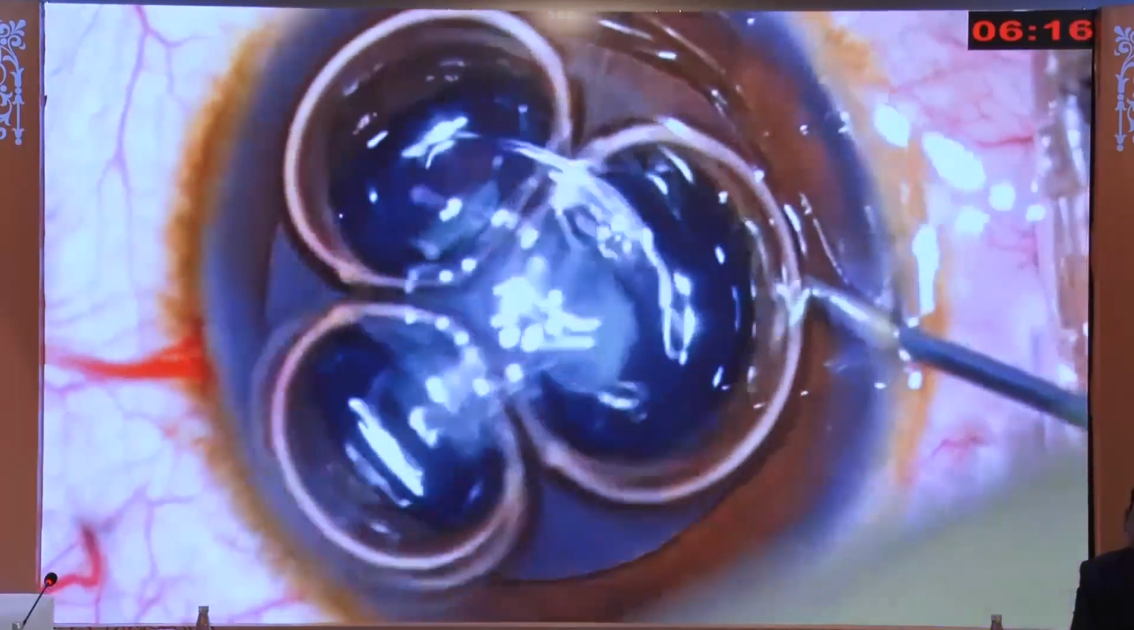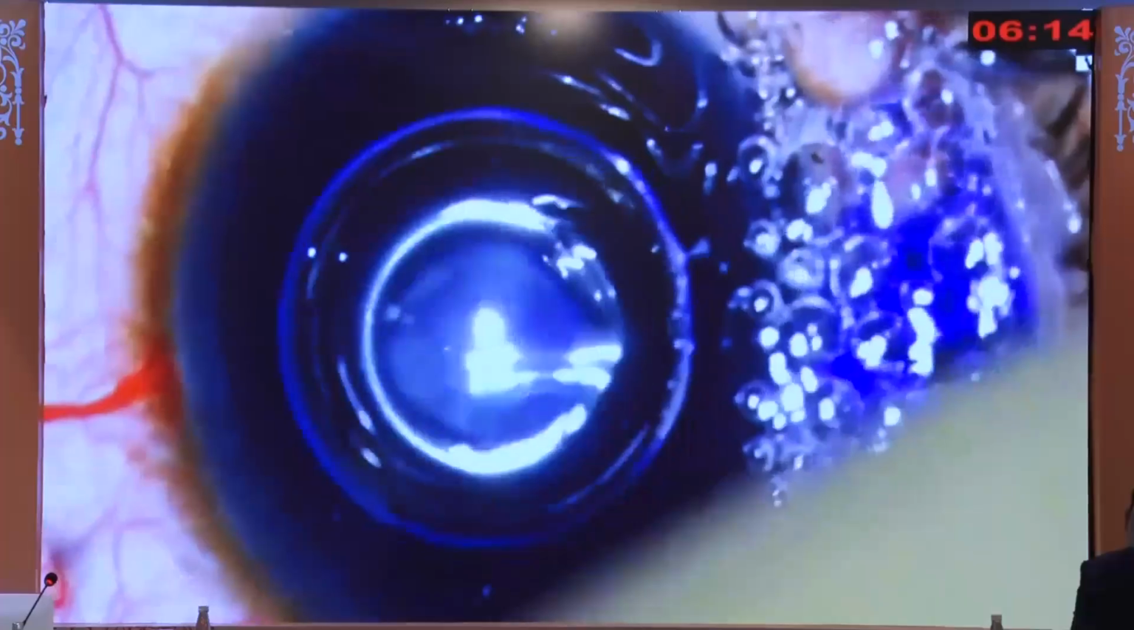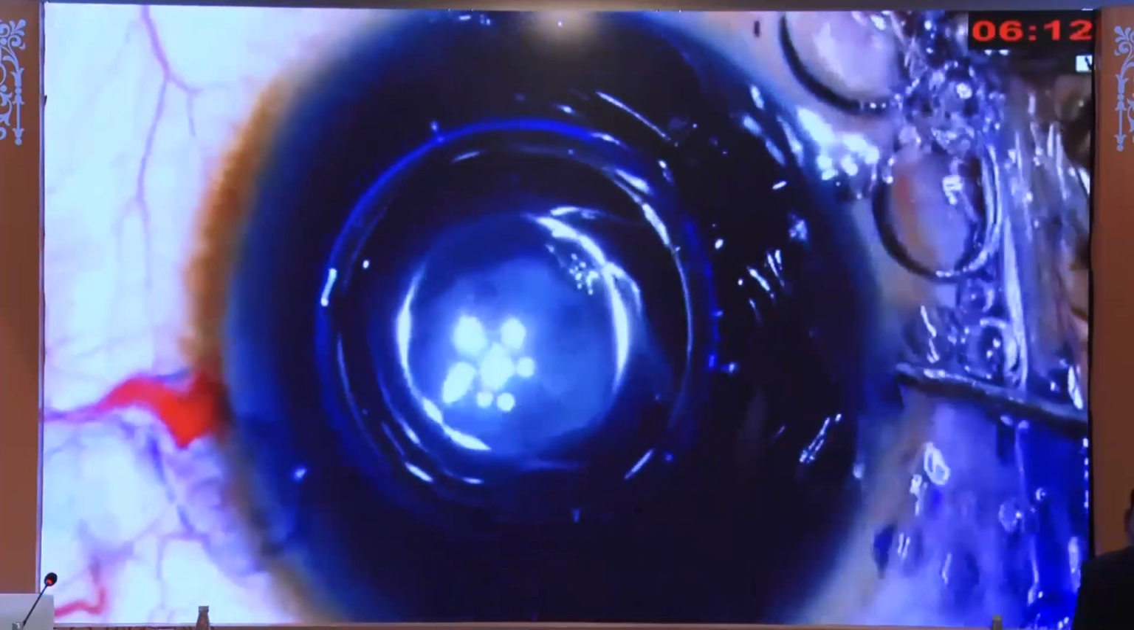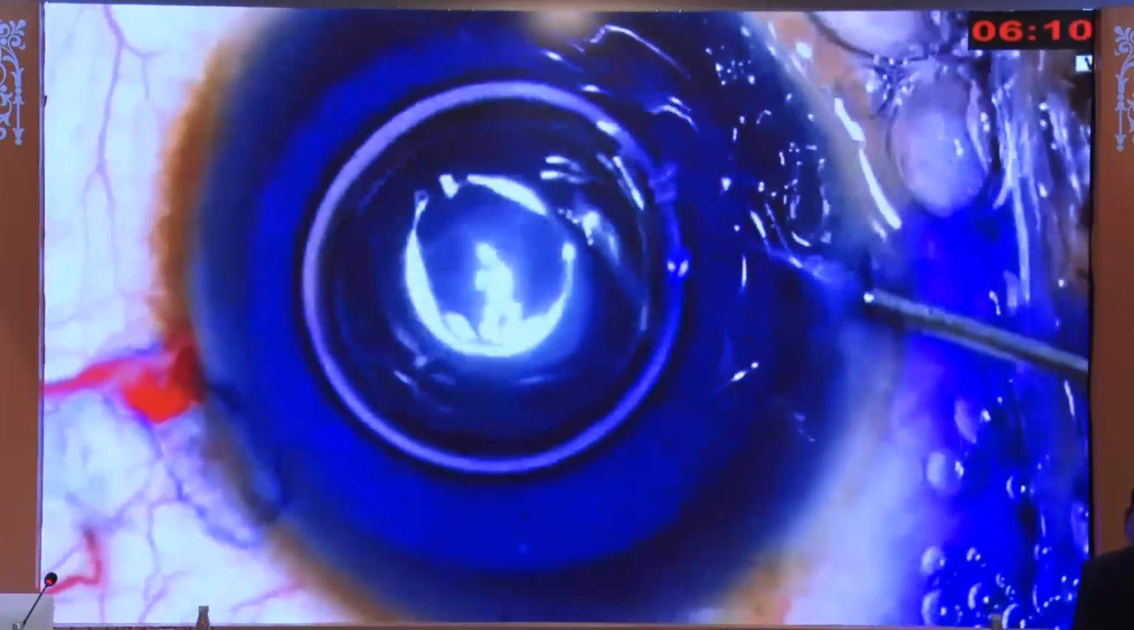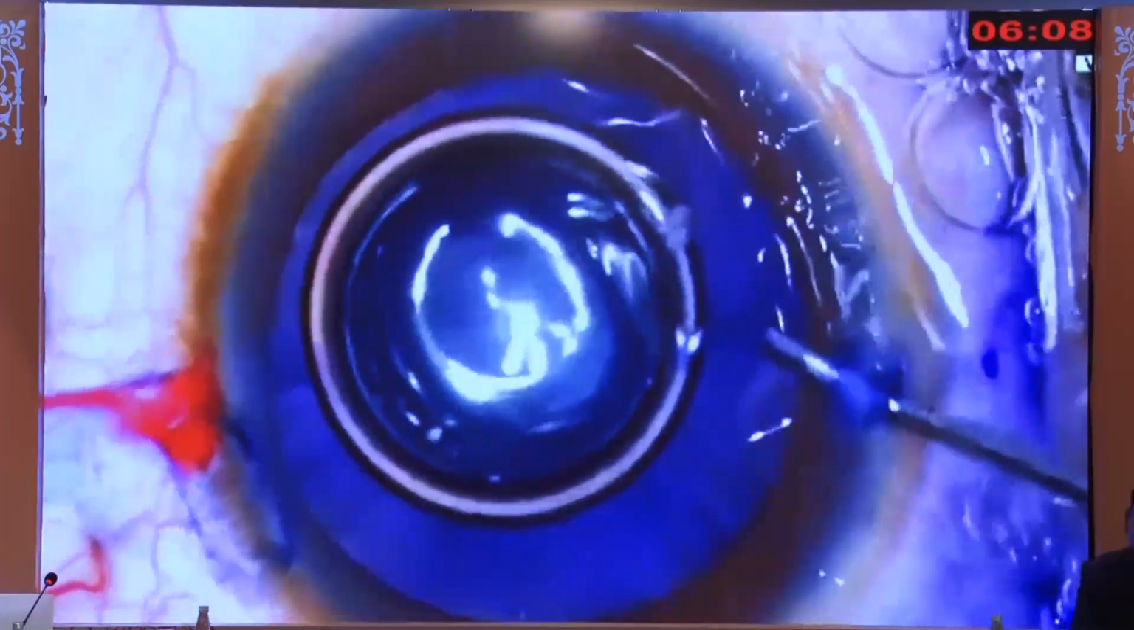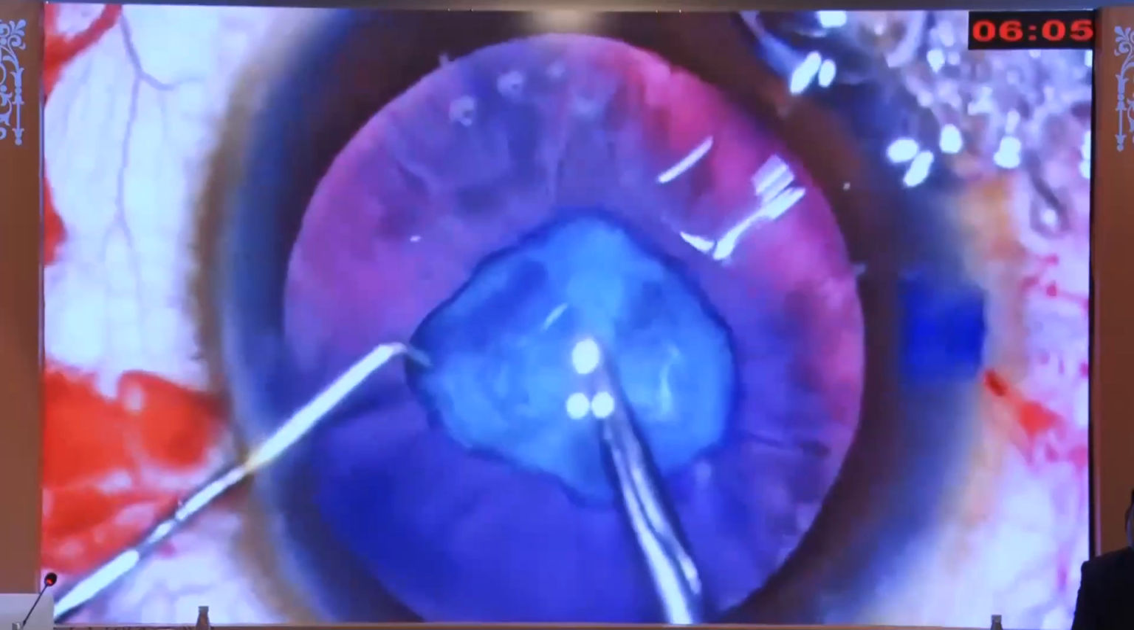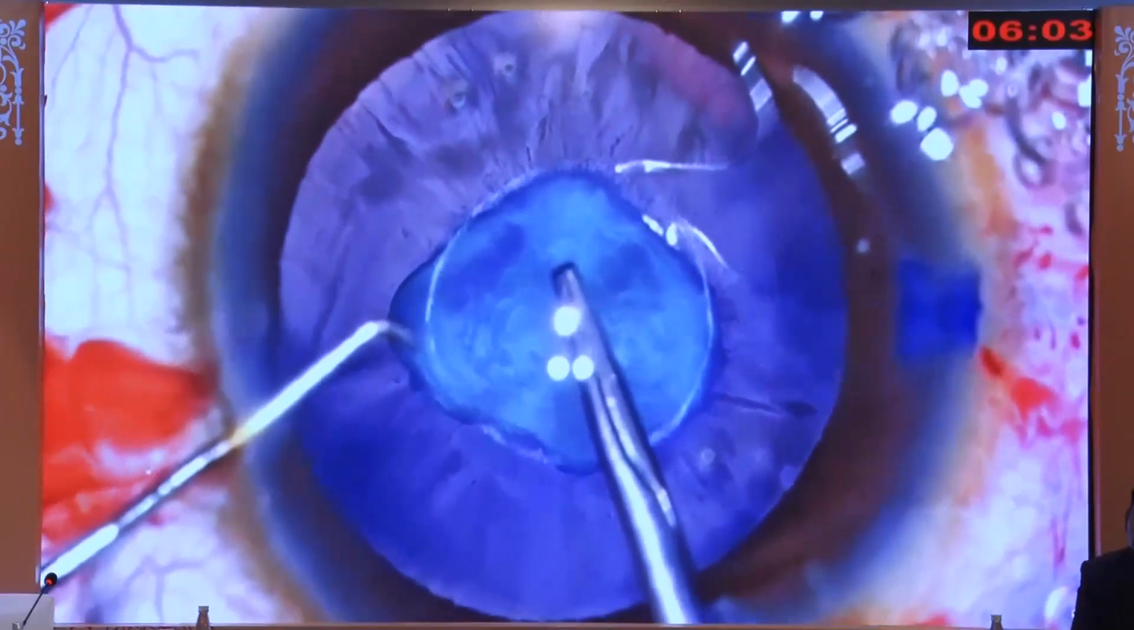With this valve-like appearance, you have to inject a dye because you have to see the margin of the capsule very carefully, even if the cataract is not very hard. All the procedures are the same till now. Now comes the important question,